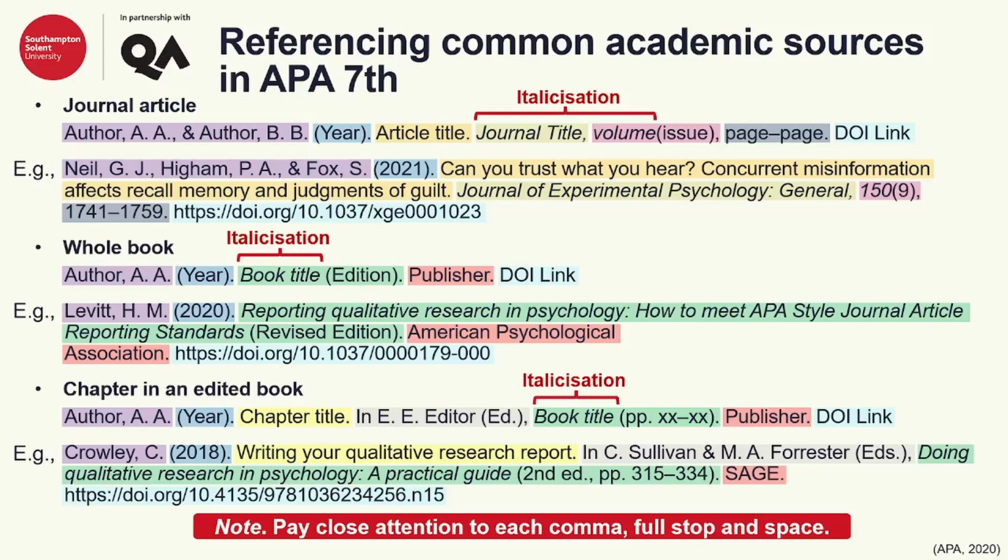The purple section shows the authors. In the reference list, you write each author's surname first, followed by their initials. Separate the surname and initials with a comma. When there is more than one author, place a comma between the authors and use an ampersand before the final author. In the example, the authors are written as